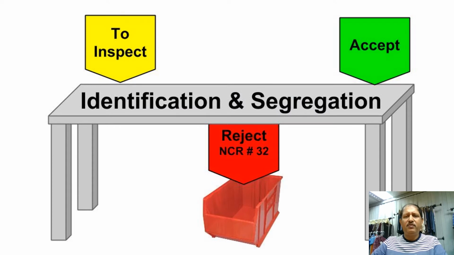Let's say at the end of a process we have an inspection process. This is the area where we have kept the product which is to be inspected. The ones which get accepted, we put here and they go to the next process. The one which has some issue goes into rejection. You put some identification such as NCR and put it into the box. This box is a secured quarantine location, which is under the table in this particular picture, so that it doesn't get mixed with the good ones and go to the next processes. A simple, no-brainer kind of activity for controlling the non-conforming products.